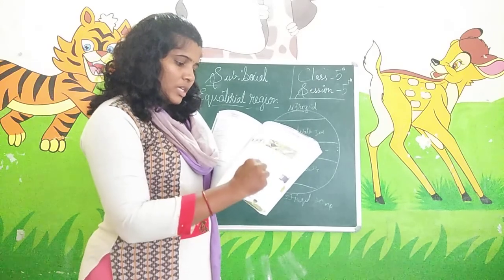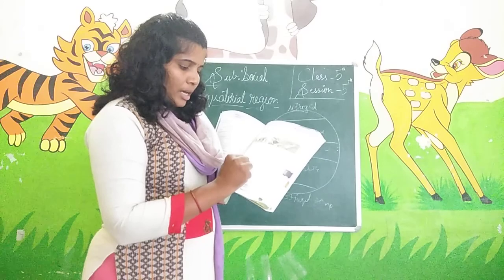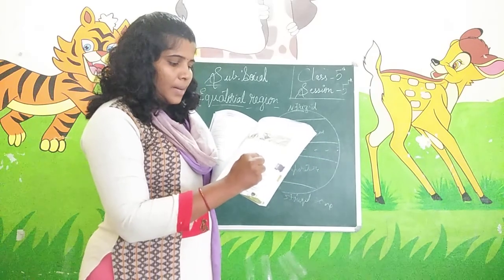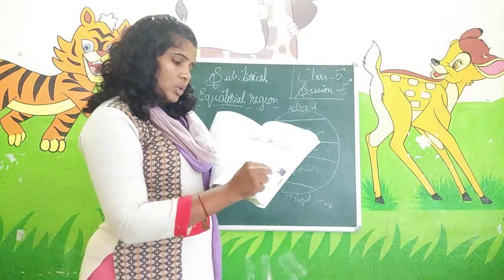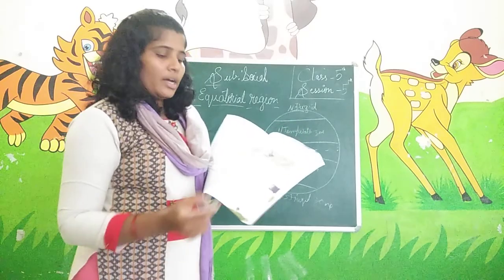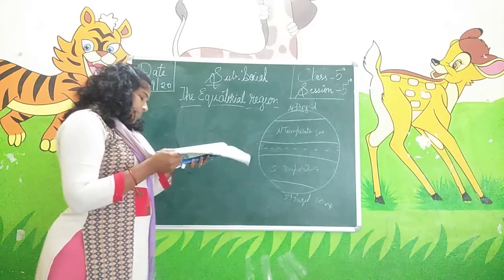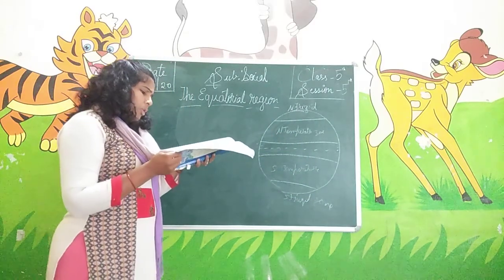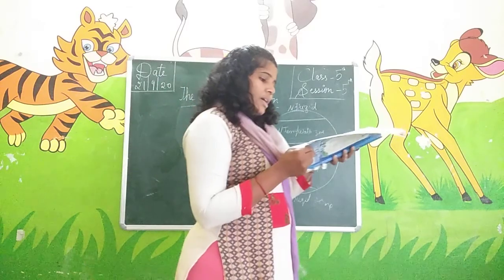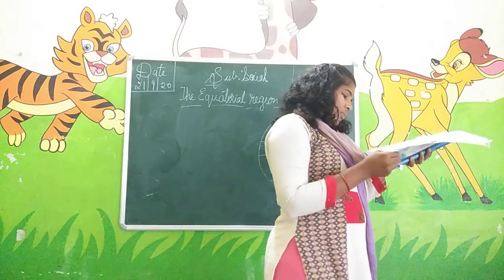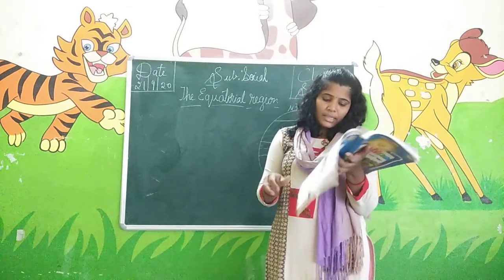In this torrid zone, which countries and continents can you see? South America, Africa, and some part of southeast Asia, and also part of Australia. These will come under the torrid zone. The Democratic Republic of the Congo, earlier called Zaire, lies in the equatorial region. We will be reading about the various features of this country in detail in this lesson.